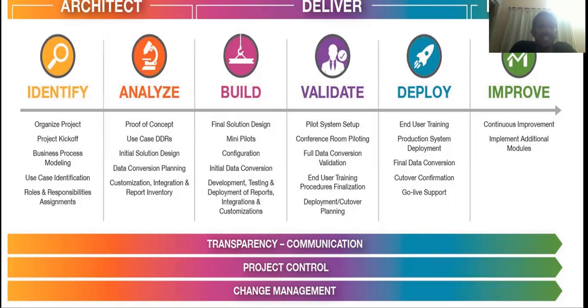All this would be happening, and then you would be validating, after which you would have a deployment, and then once it is deployed, you would work on improving the business scenario. So right from identification to deployment is one life cycle of any business.